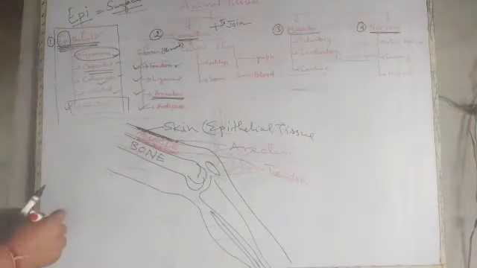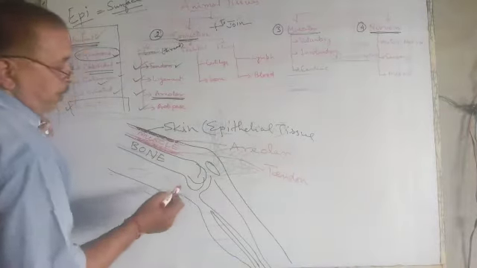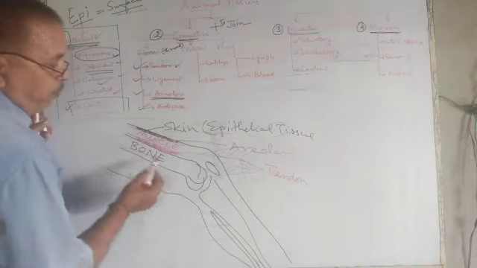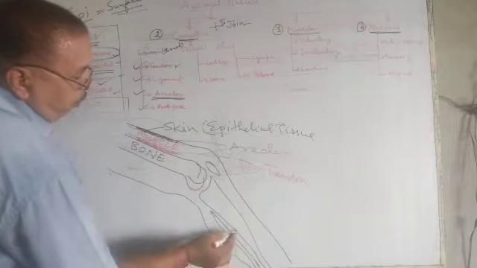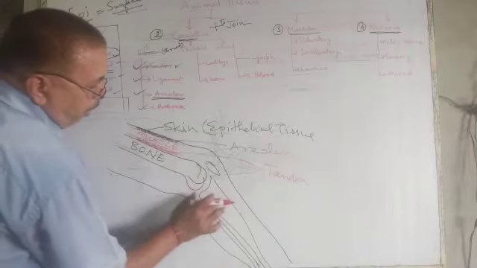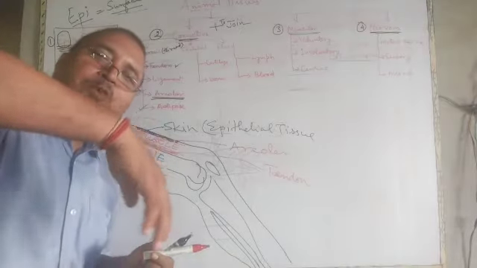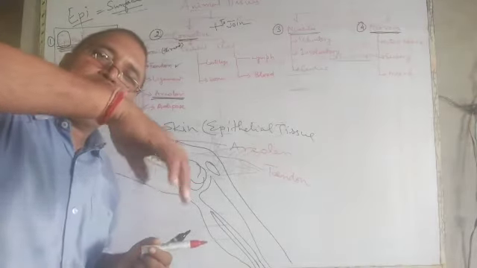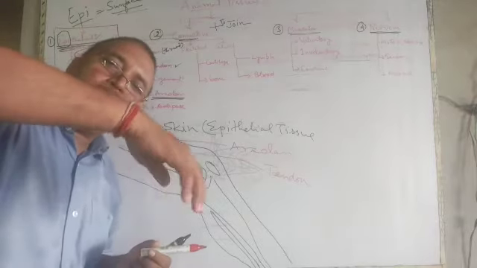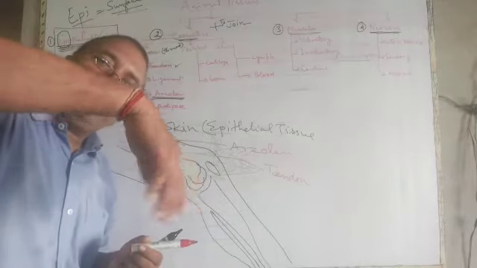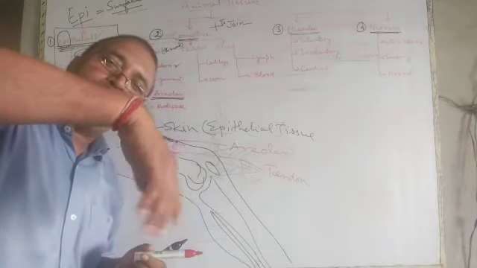Right? Then comes the ligament. You see, this is the upper bone, the femur, and this is the lower bone. If these two bones are not connected, they will just move freely. They will not be under our control. Do you understand? If they are not connected properly, at times of injury,